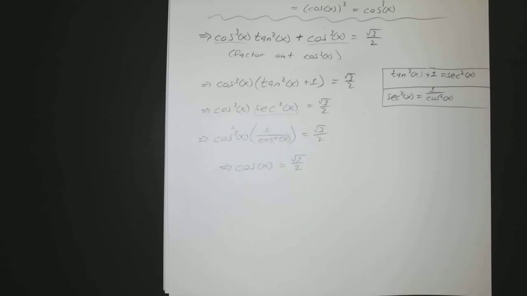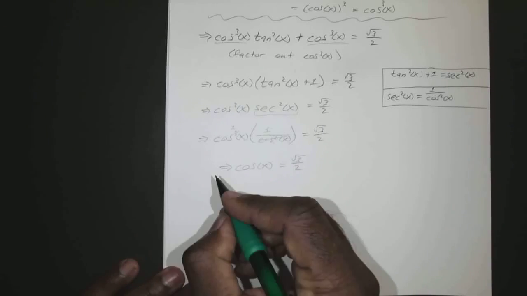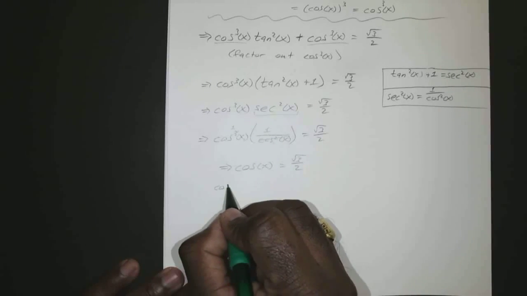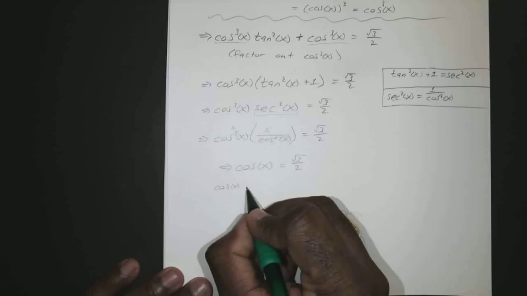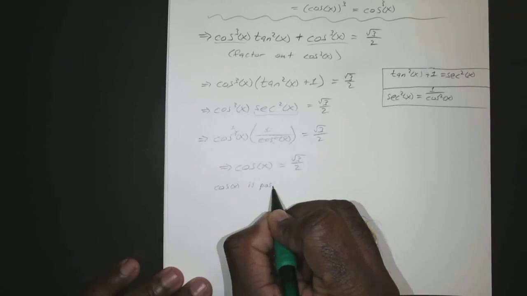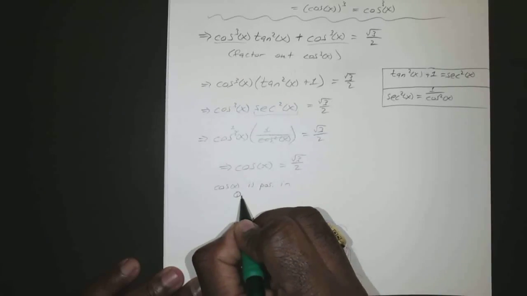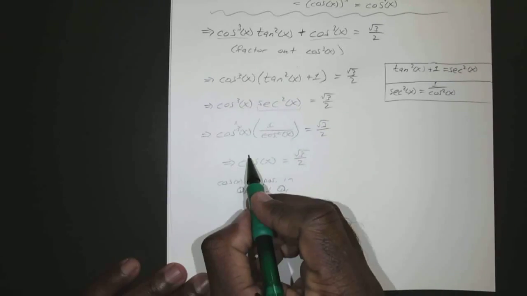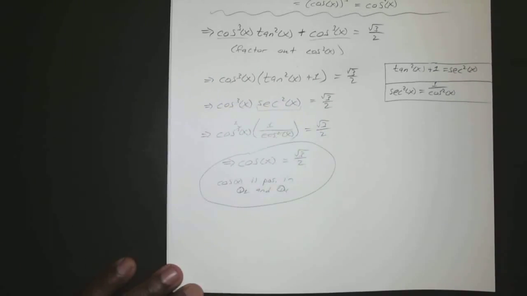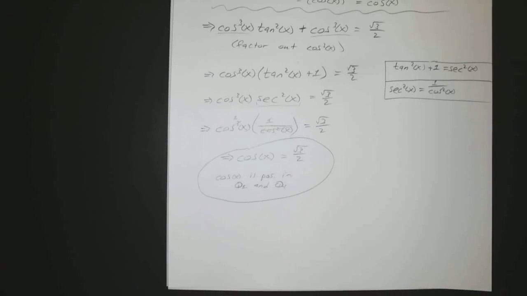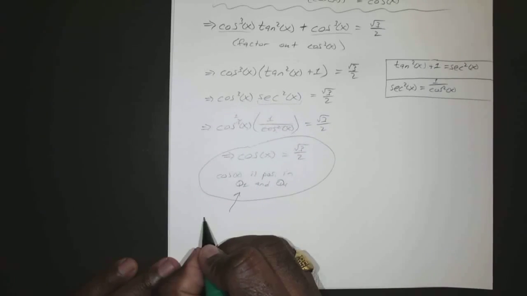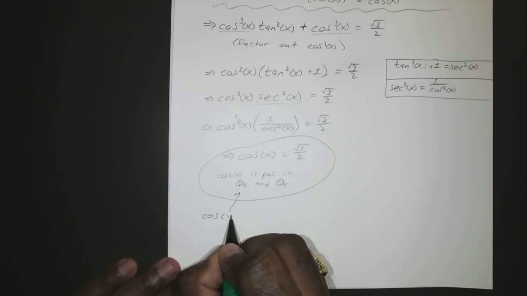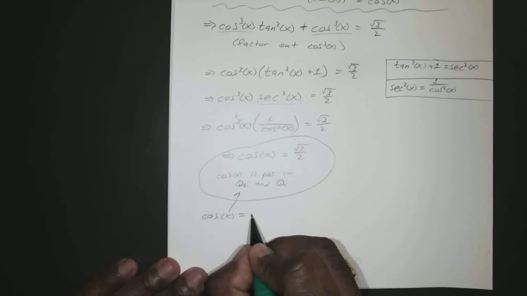Okay. So we know that cosine is positive in quadrant 1 and quadrant 4. So that means this would be true. Cosine of x equals